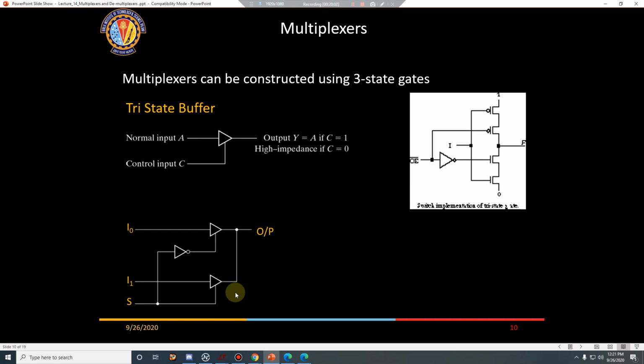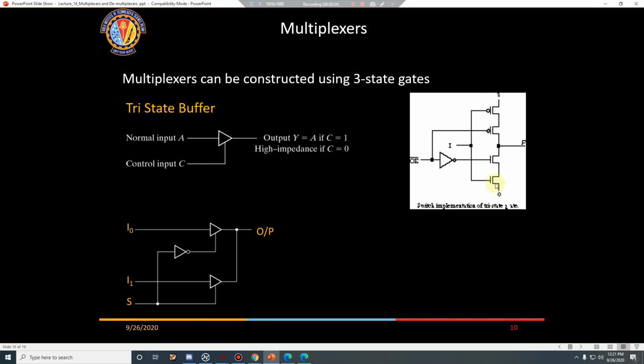So that triangle is a representation of the buffer, right? Yes, the triangle is the symbol of a buffer. An inverter gives an inverted output, while a buffer gives the same output which is available. This one shown here is an inverting buffer, a tri-state buffer. We will learn this later; you will not be able to appreciate it presently.